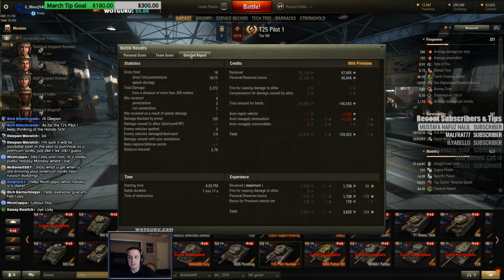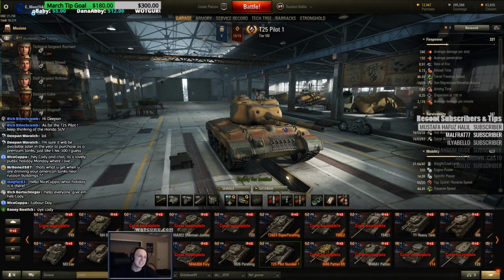Yeah, it's very easy to play, and just pretty much play it like a slightly slower Pershing with less armor, but a better gun. Sounds pretty good to me. But again, you kind of have to weigh how, if you have an M26K